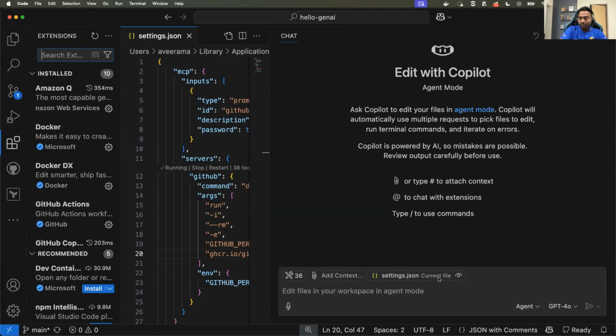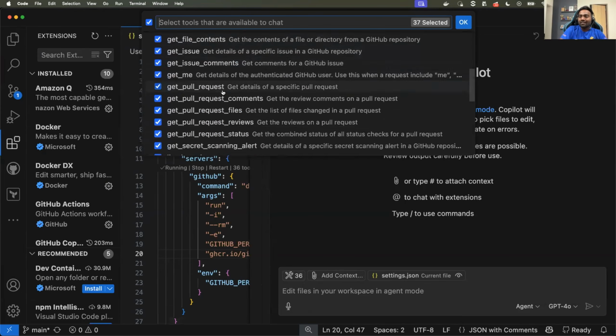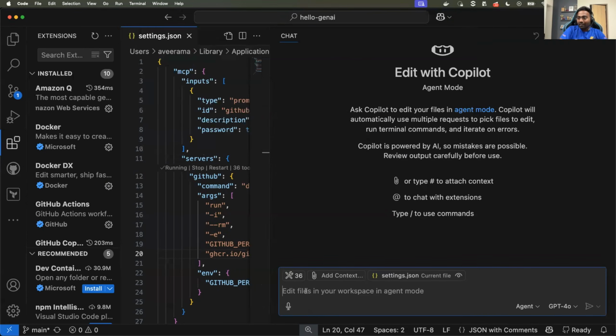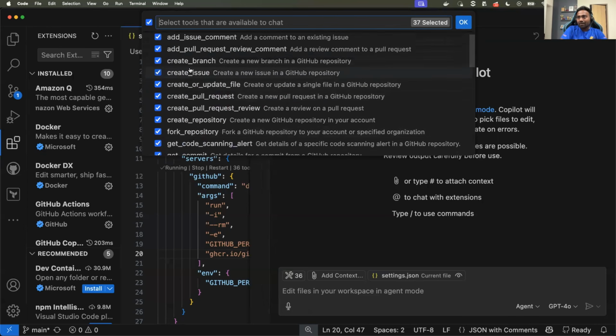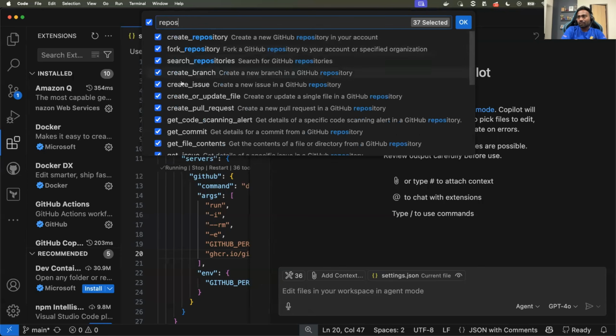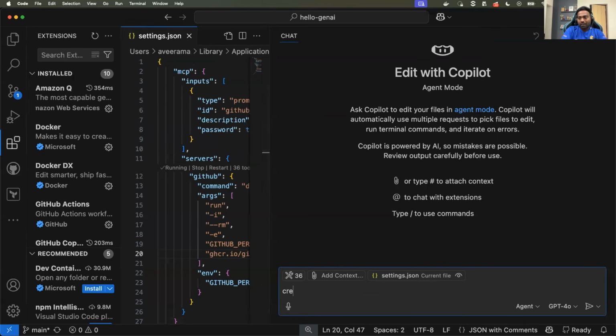Copilot is in the agent mode. It has also taken our settings.json. And at this point, you will see the tools button. This is the tools button, where it shows the different options provided by your GitHub MCP server. So when you provide any prompt here, for example, let's say I want to create a repository. I'll just search for it, yeah. So this is create repository. So if I type a prompt as simple as create underscore